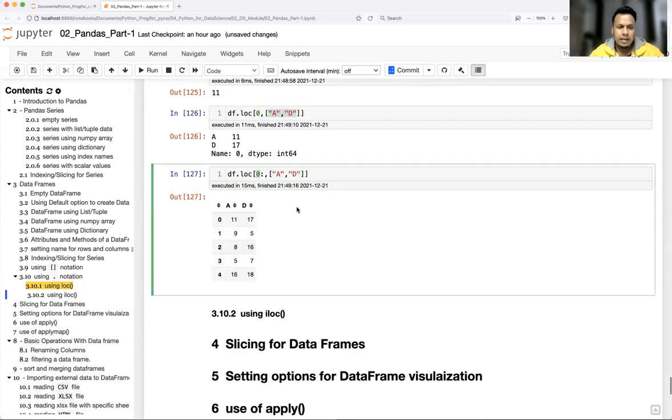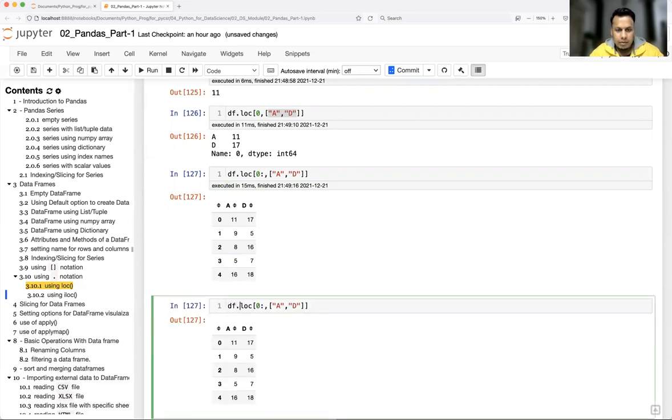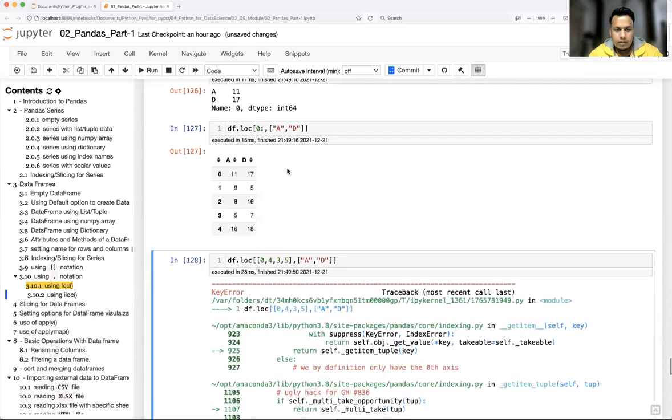As I mentioned in the series, the 0 index and all those things are maintained as an internal label. Now let's say I want only 0, then third and fifth, then fourth row, or 0, fourth row, or in any order. So what happened?